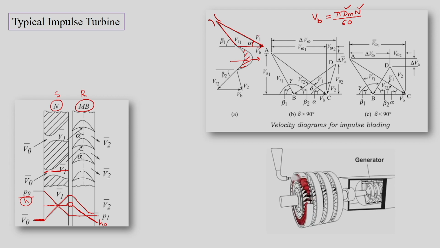So, between this Vb and V1, which is absolute velocity, there is an angle alpha. This is also called the nozzle angle or the angle made by the absolute velocity. So, knowing these two, we can find out the relative velocity at the inlet, which is VR1. The angle made by VR1, which is tangential to the blade tip at the entry, is beta 1. Then flow will come out with relative velocity, which is tangent to the tip of the blade, with an angle beta 2 and magnitude VR2.